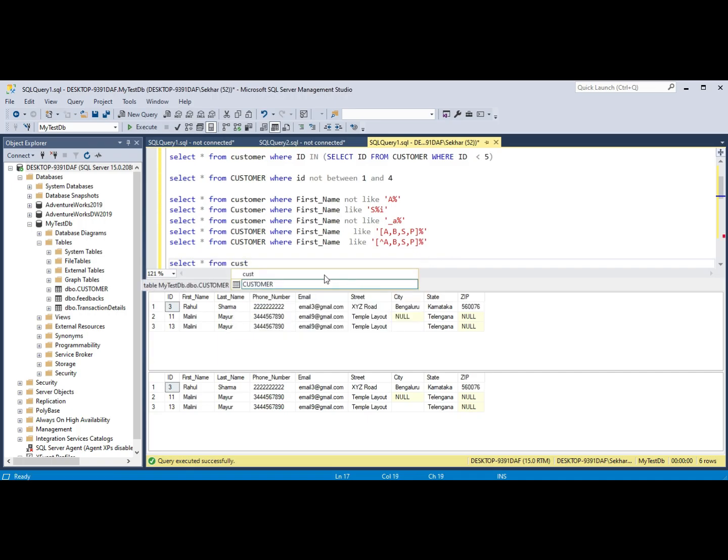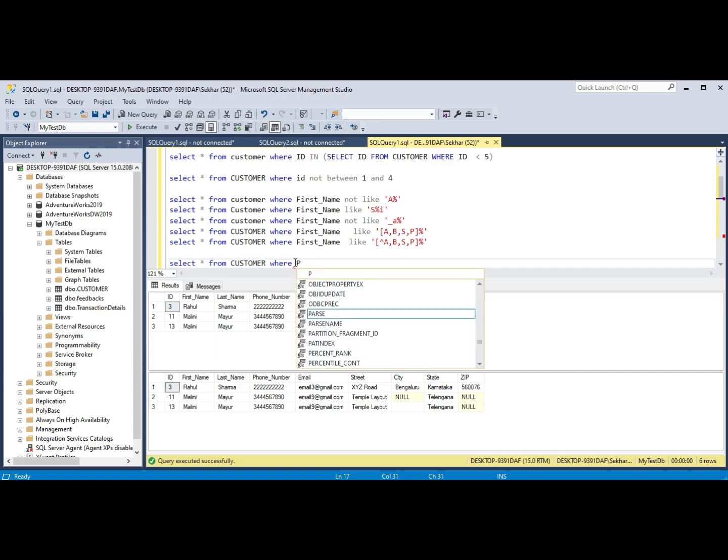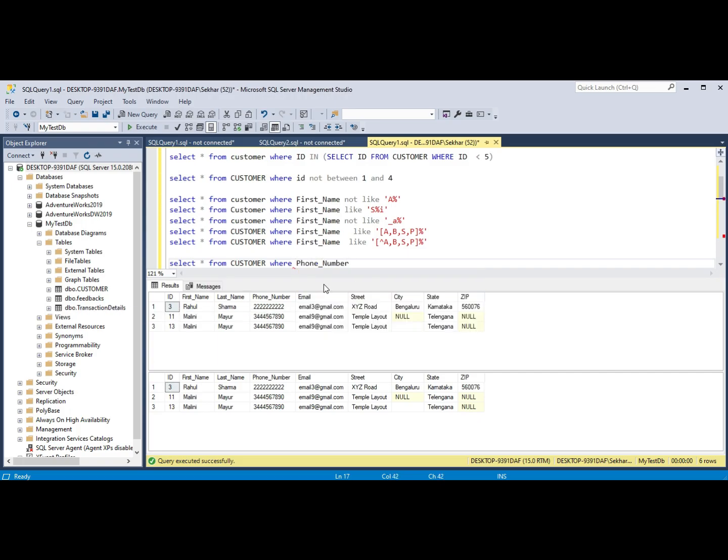Let's start from customer where, suppose, phone number, we don't care what the first 4 digits are, so we give 4 underscores, but we want the 5th digit to be 5, and then we don't care about what is next.